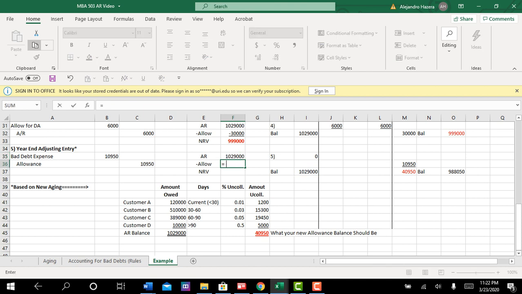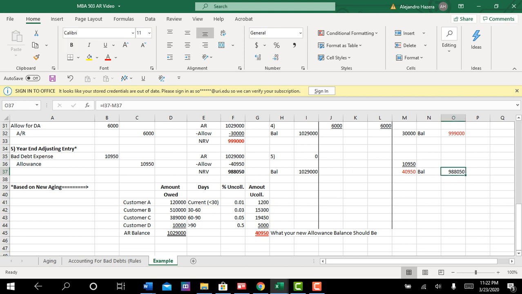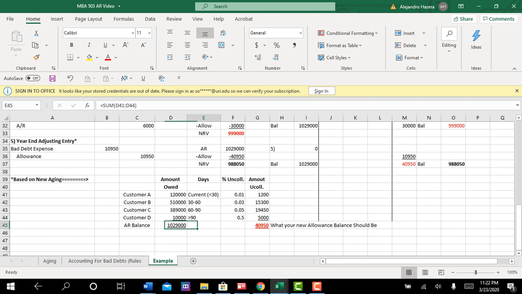Your allowance balance is, I'm putting a negative, the negative is really represented by the credit, $40,950. So the sum of these two is 98805, which is equal to the net of the two in your T accounts, and it's also equal to the net of the two in your aging, the 1029